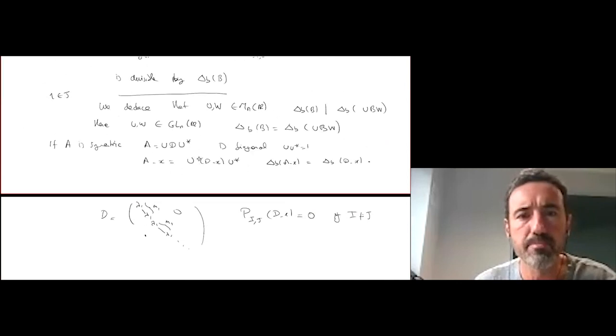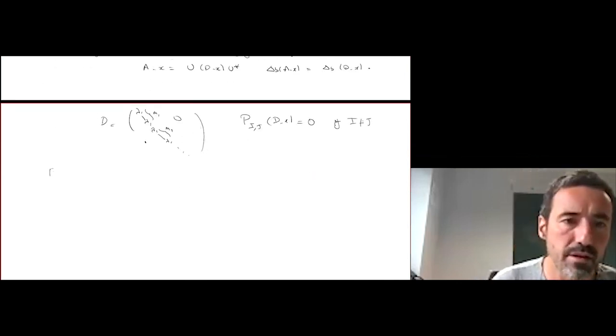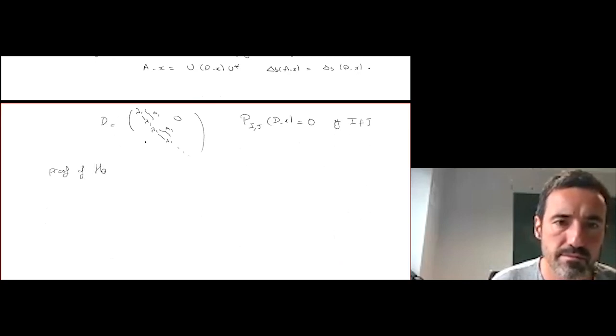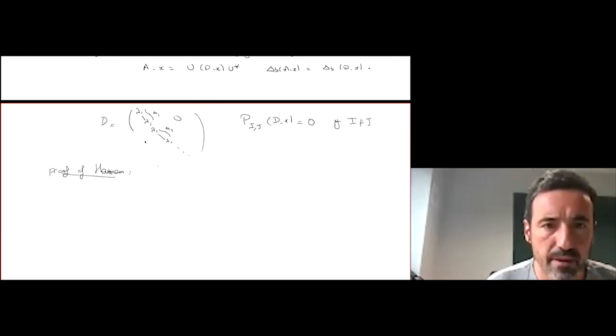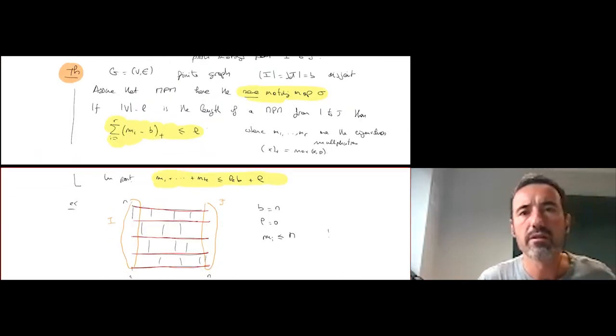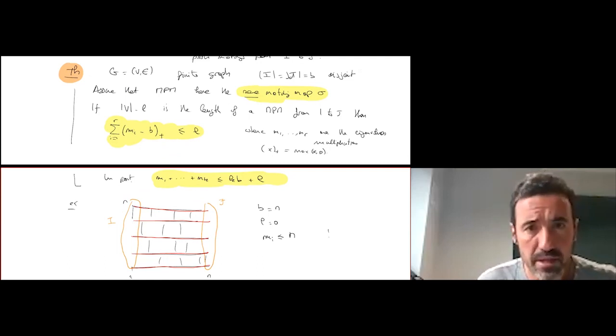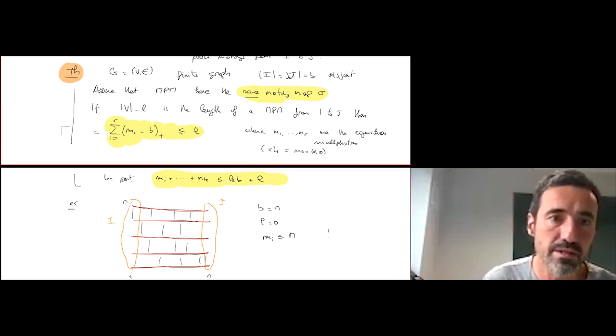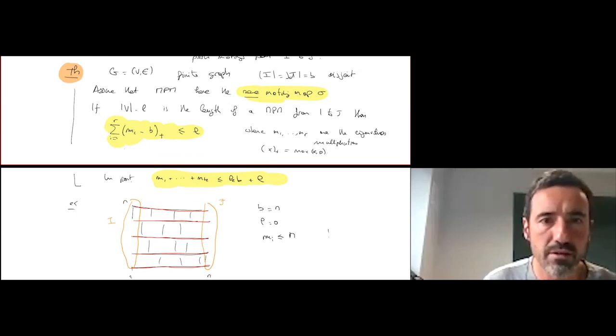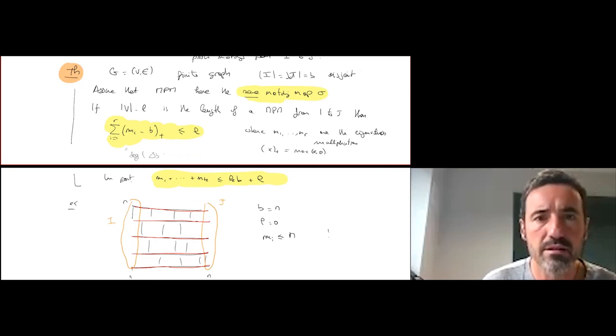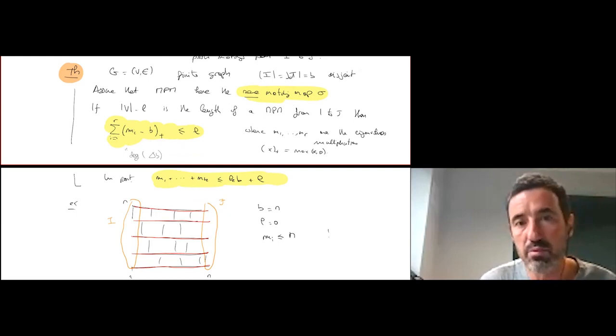Okay, so once you know that, you can make the proof of the theorem. The theorem is here. You have a minimal path matching from I to J, and you want an upper bound. Since you know that this is exactly the degree of delta B, now we have made some progress. We want to prove that there exists a non-trivial polynomial of degree L